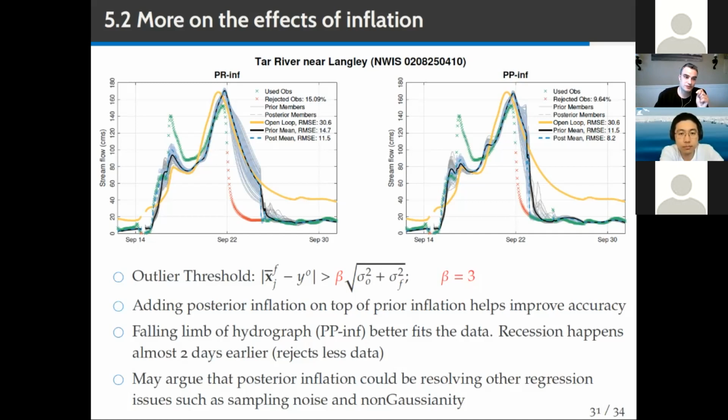and just to make sure I'm not showing the posterior inflation wrong, because it's just bad. Posterior inflation only does not work. You need prior inflation for things to work. Now, when you add these two things together, one might argue that posterior inflation could be resolving other regression issues, such as sampling noise and non-Gaussianity. But on its own, posterior inflation is no good. So